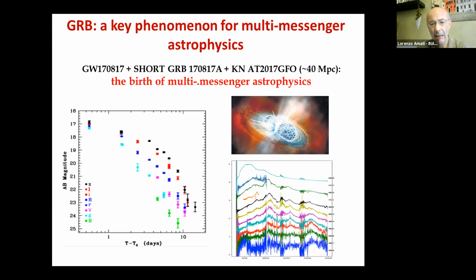As I mentioned, in association with the gravitational wave signal, not only the short gamma ray burst was discovered, but also the other electromagnetic counterpart, the kilonova emission. On the bottom left are the light curves of this fading optical and near infrared source in different filters. So this was a rising and then decaying source. And on the bottom right, you see the spectral evolution of this source, showing many lines.